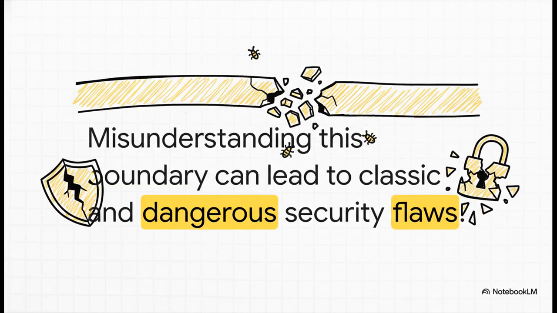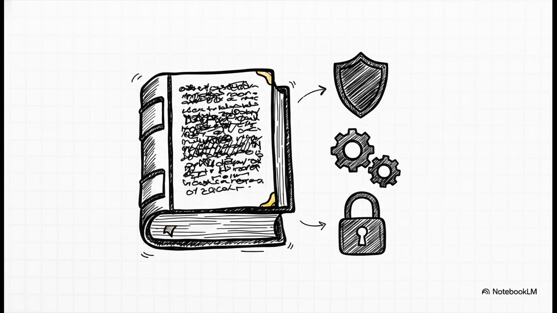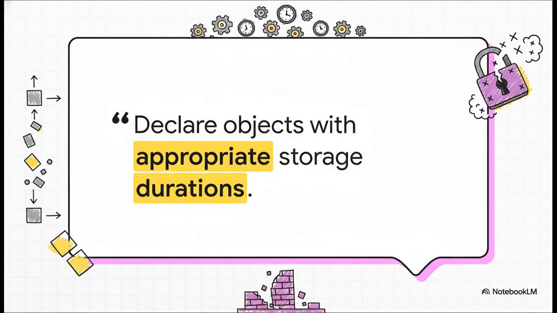And the experts over at the SEI's CERT C coding standard have a lot to say about this. And just so you know, the CERT C coding standard isn't some random style guide. It's a set of rules developed by experts at the Software Engineering Institute for one reason: to help people build safe, reliable, and secure systems. So when it points out a problem, we should probably listen up. And the rule that absolutely nails the issue we're talking about today is DCL30-C, declare objects with appropriate storage durations. This is really all about an object's lifetime. How long is it guaranteed to actually exist in memory?